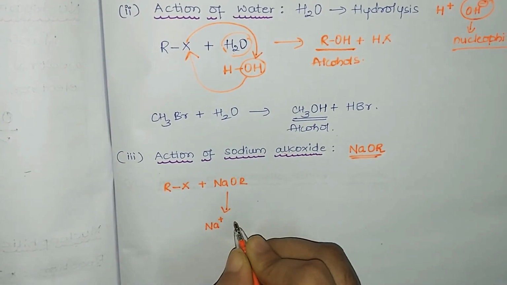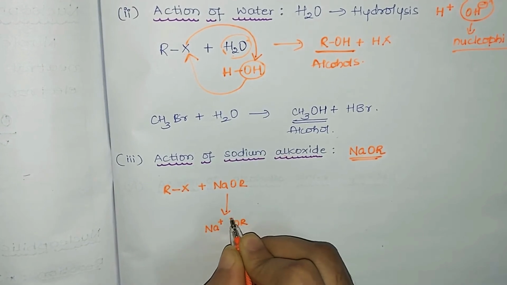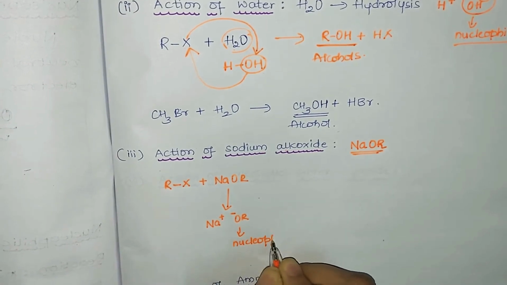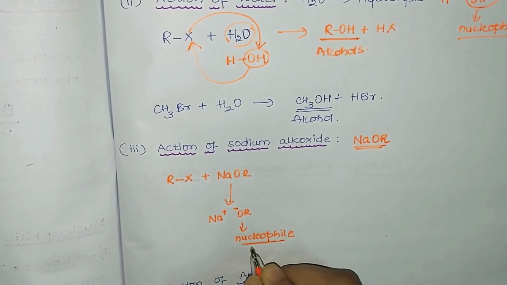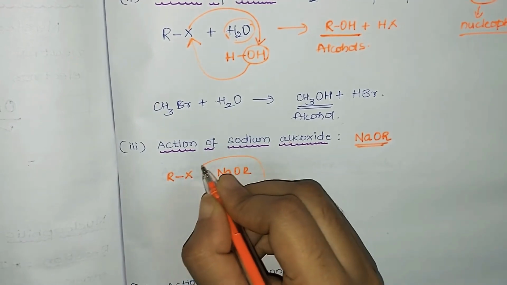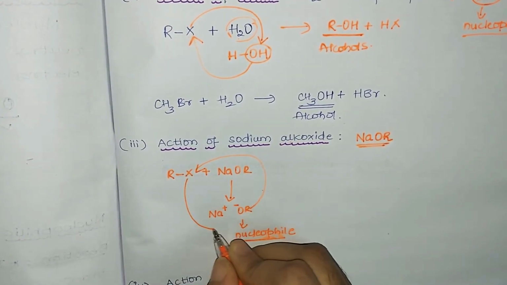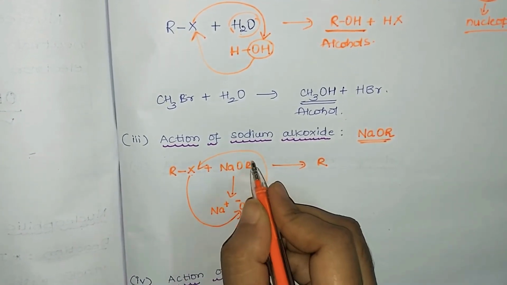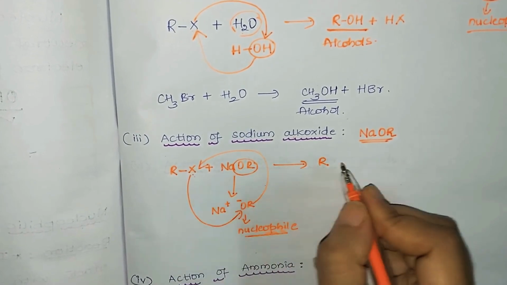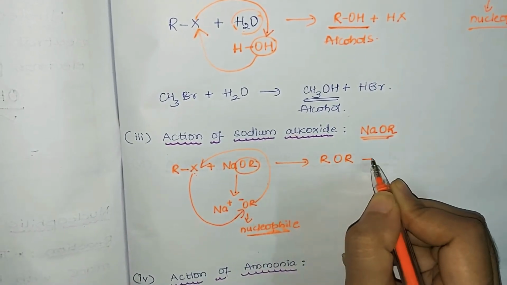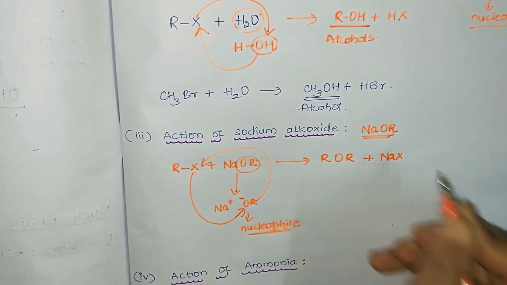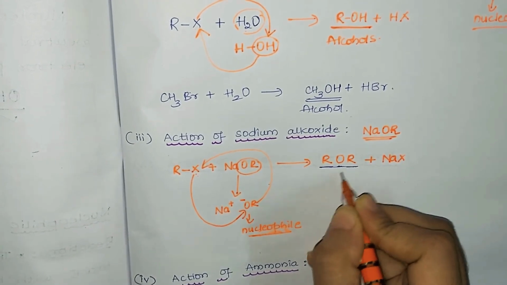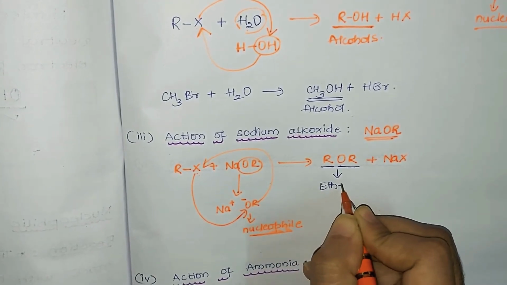OR minus is negatively charged, so it is acting as what? Nucleophile. So in this, what do we do? We substitute the nucleophile. Which is our nucleophile here? OR minus. It goes to the place of halide, and halide is substituted in the place of OR minus. So what will be the product obtained? R, instead of X, the nucleophile OR, that is alkoxide group or alkoxy group, plus Na and the halogen. Whenever you get the answer as ROR, that is alkyl group, oxygen and alkyl group, we call them what? Ethers. So ethers are the main product in this reaction.